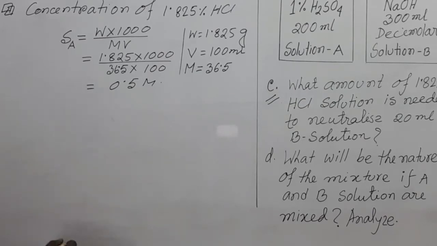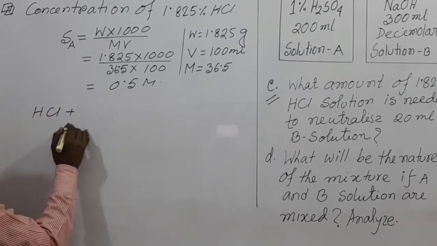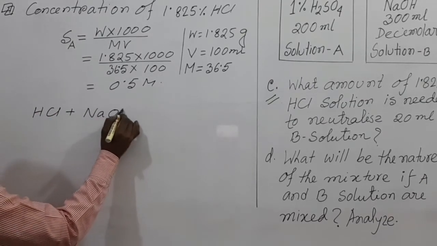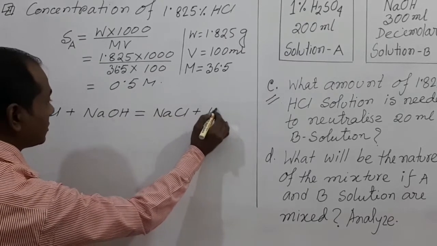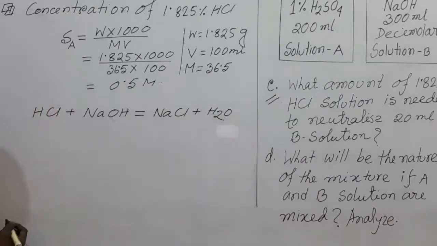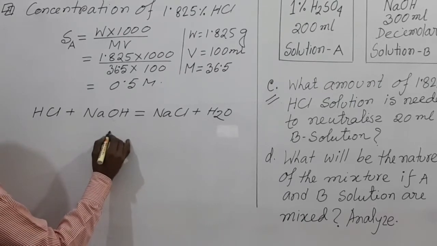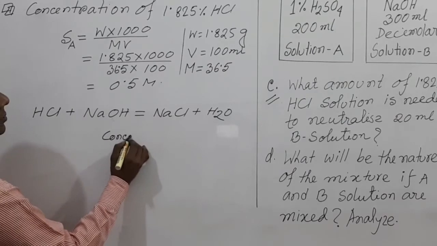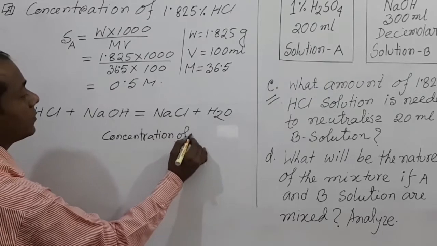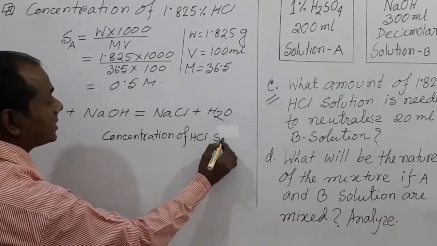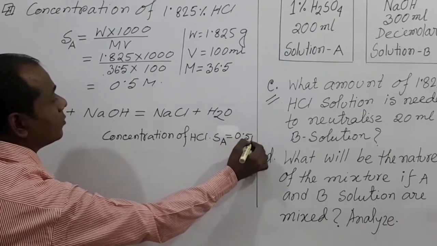Now the reaction occurs like this: HCl plus sodium hydroxide reacts and we get sodium chloride plus water. So the concentration of HCl, that is SA, is equal to 0.5 molar,